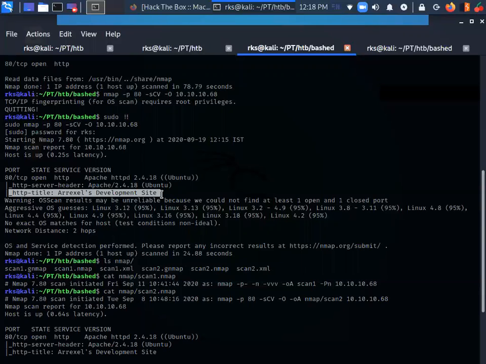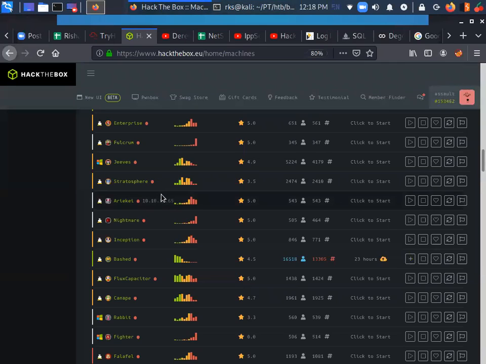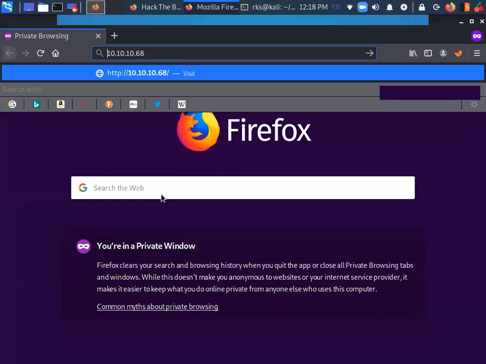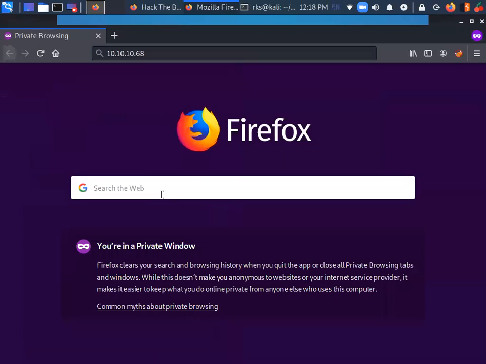The HTTP title says that an Excel development site is here. So from here I can realize that there is something hosted there. It would be good if I just go to the browser and check it manually. So let's go to my browser and check it here.